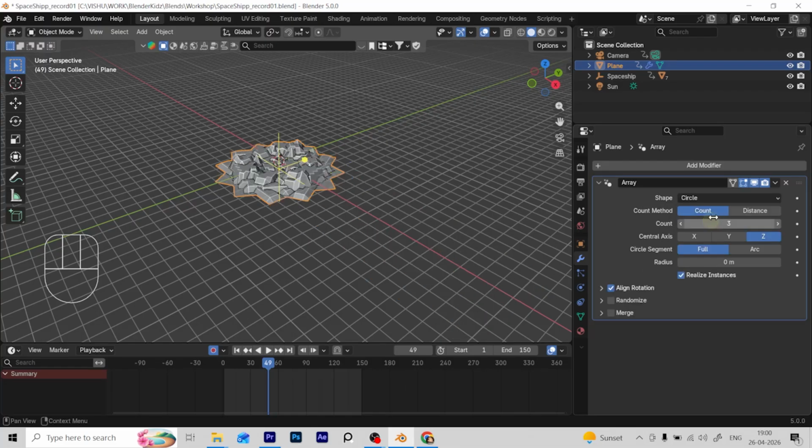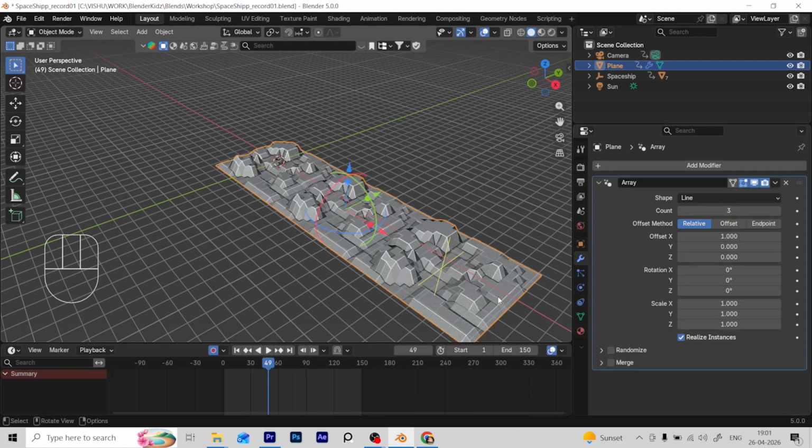If I click on circle, you can see now the duplicates have been placed around a circle and the options down here have changed. Right now we don't need the circle option, so I'm going to go ahead and click on line, and this is what we need. However, we want to extend our plane along the y-axis and not the x-axis. To do this, I need to bring your attention to these values here: offset x, y and z. If you notice, the x value is 1 and the other values y, z are 0, 0. If I were to zero out the x value,